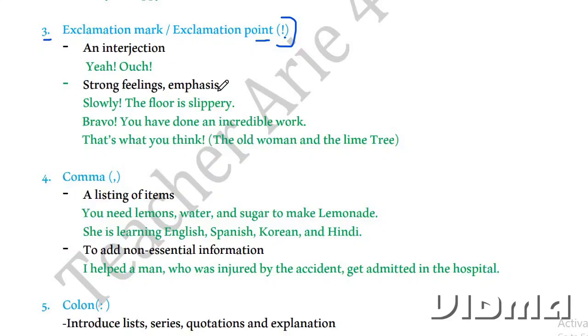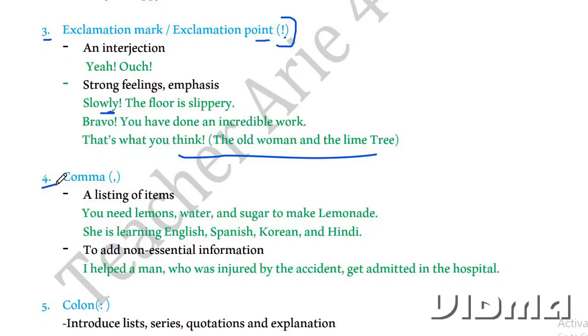And then we use this exclamation mark with strong feelings as well, to emphasize something. Examples: Slowly, the floor is slippery! So this is the emphasis. Slowly, the floor is slippery! Bravo, you have done an incredible work! Bravo, exclamation mark. Next, that's what you think! The old woman and the lime tree. So this is, that's what you think, strong feelings. I do not think such a way. The way you think, that's what you think. Next one,